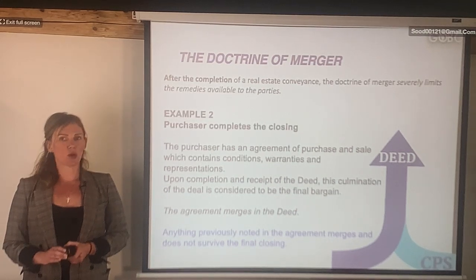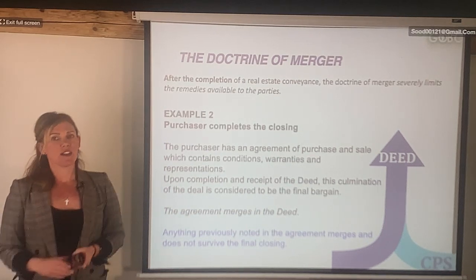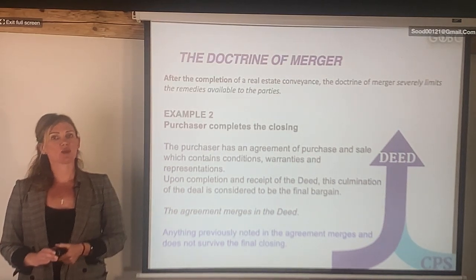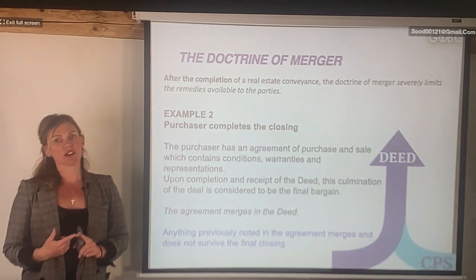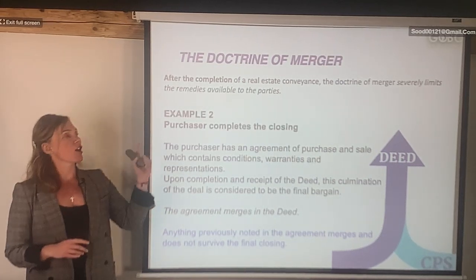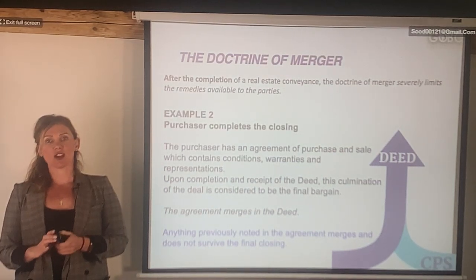So if they go to court, if it happens before the doctrine of merger, so before the title gets transferred to the buyer, then the court will likely give that deposit back to the buyer because one of the conditions was not met about rezoning, right? So the seller was supposed to rezone, he did not do this. So for that reason, the buyer could still kind of walk away. But if the doctrine of merger happened, so that means the buyer's name has already shown up on the title, that's it. After this, he cannot basically come after the seller.